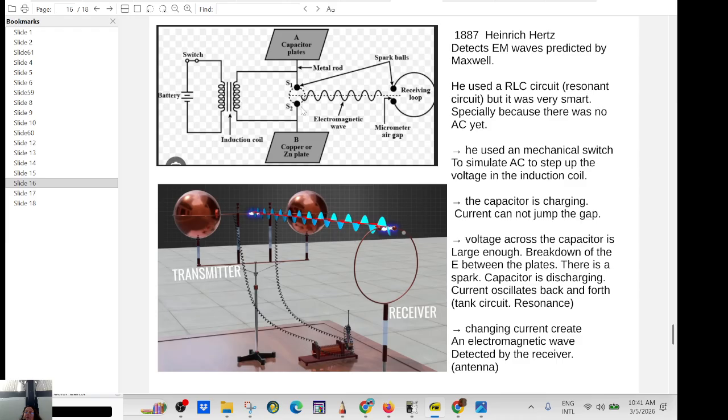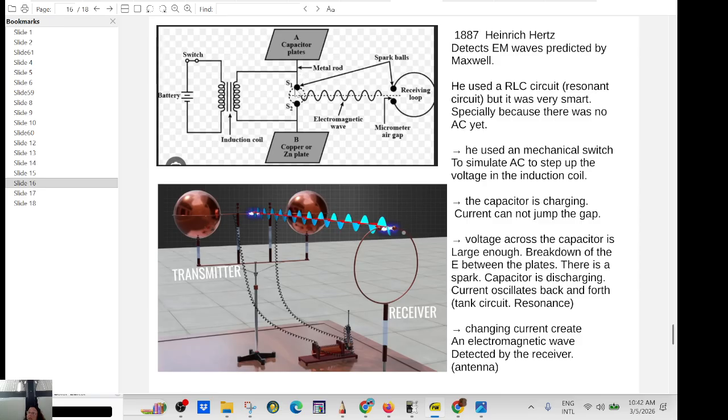And you see here, you have a capacitor. Okay, so 2 electrodes. One will charge positively, the other one will charge negatively. So he's charging the capacitor, but the current cannot flow here because there is a gap. Okay, so you charge this one negatively, you charge this one positively, you are holding the charge. So it's like a parallel plate capacitor, but no charge can flow